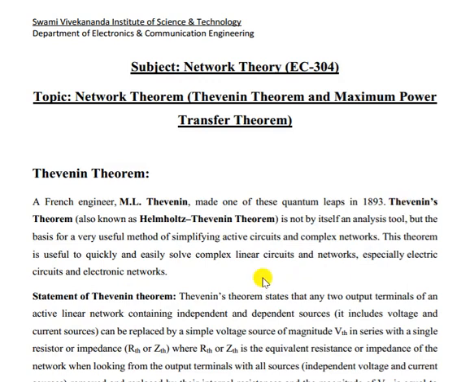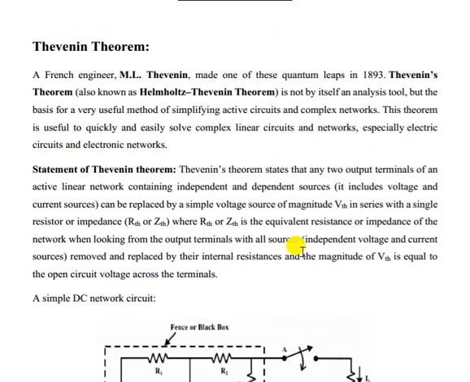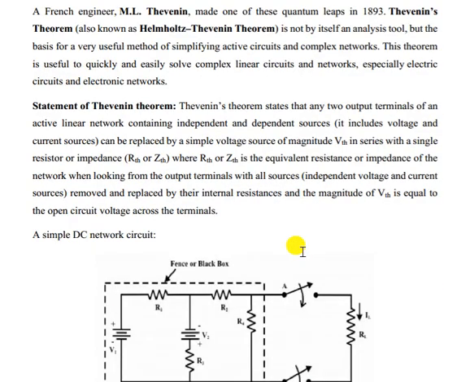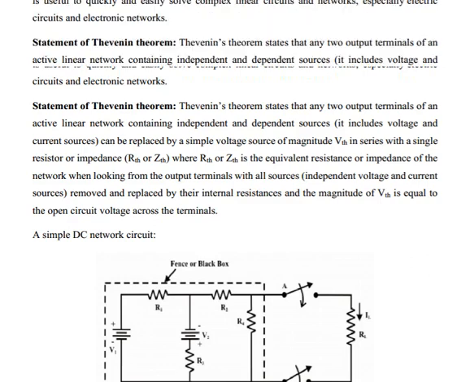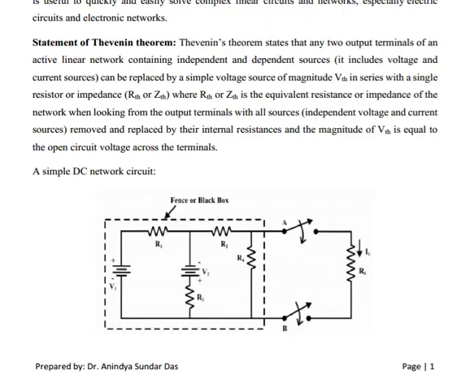Thevenin theorem was discovered by a French engineer, Emile Thevenin, in the year 1893. This Thevenin theorem is applicable only to a linear bilateral network. The statement of Thevenin's theorem is: any two output terminals of an active linear bilateral network containing independent and dependent sources, it can include voltage and current sources, can be replaced by a simple